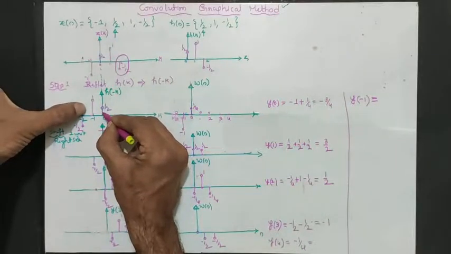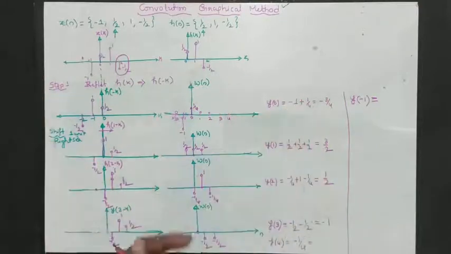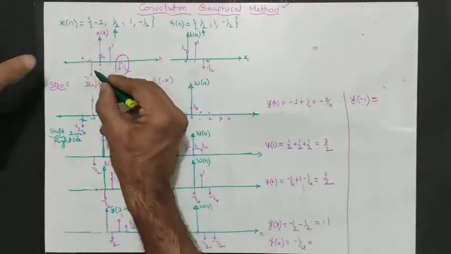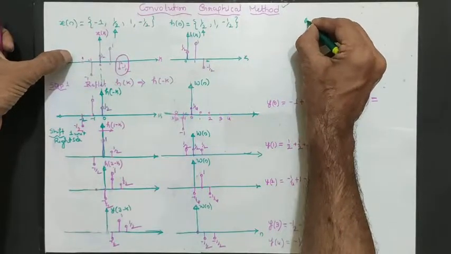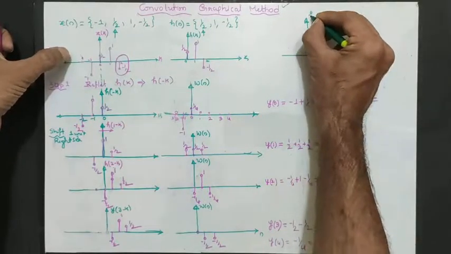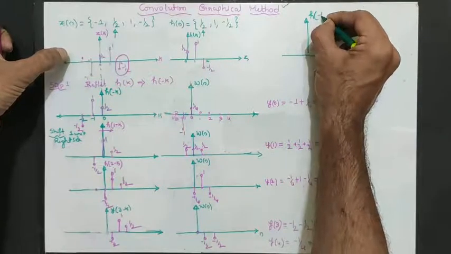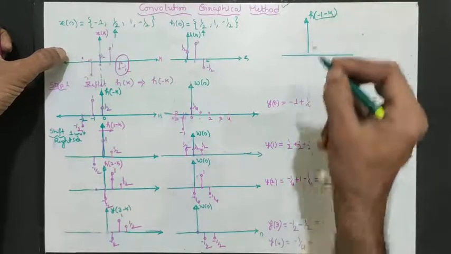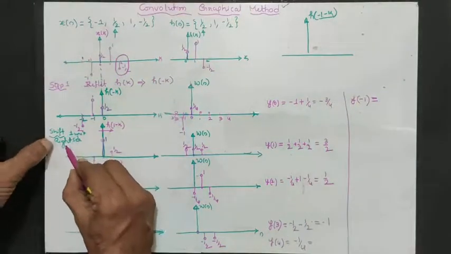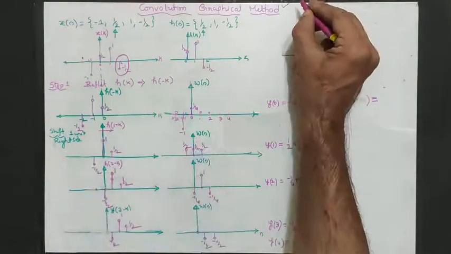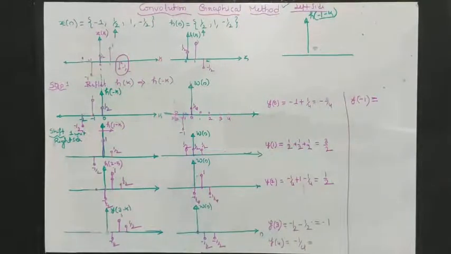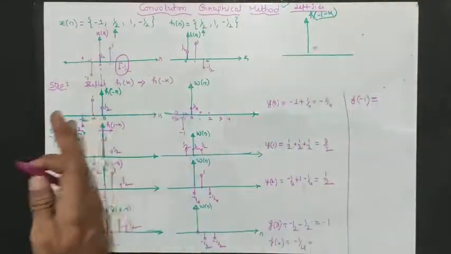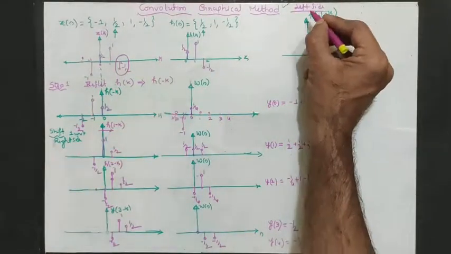this is shifting to the right side by 1 unit. That is the other side overlapping. Here I do it in this gap, so that h of minus 1 minus k. Why minus 1 minus k? Because I have completed all the right side shifting. This is the left side shifting, whatever is there. Actually, the left side shifting should be done first, but it is easy if I start with the right side shifting. That's why I have done the left side shifting last.